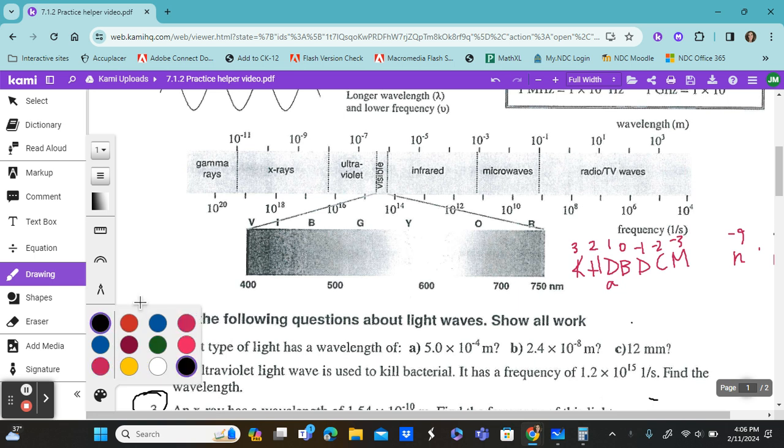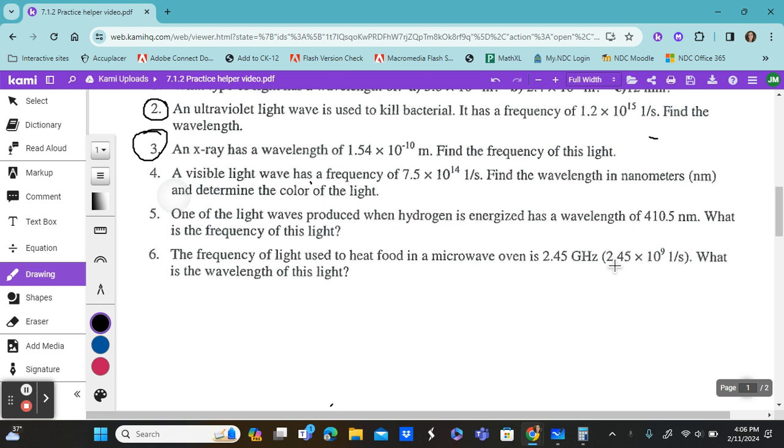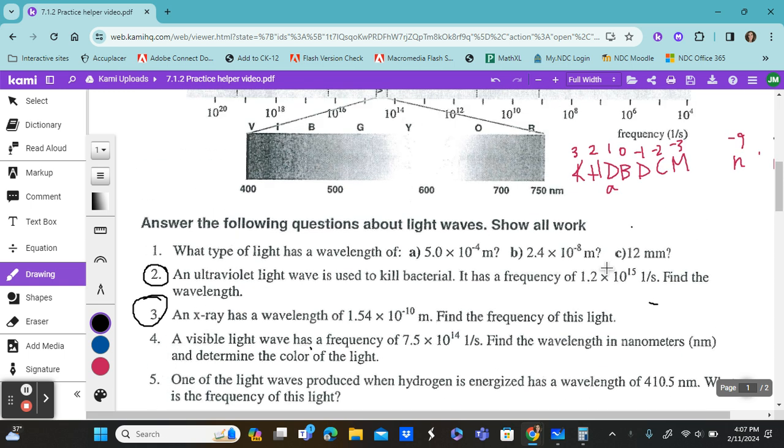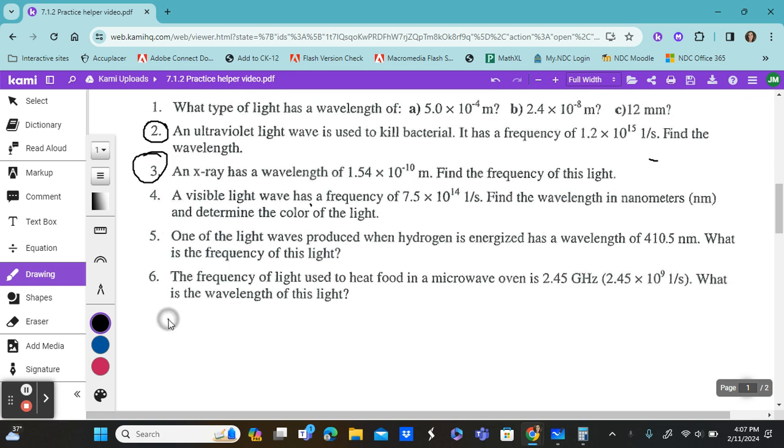All right, so let's look at numbers 2 and 3. Number 2, we're looking for frequency. Again, we're using this equation, c equals lambda nu. C is the speed of light, which is 3e8 meters per second. Let's go ahead and isolate or rearrange this equation. We wanted to solve for this here,